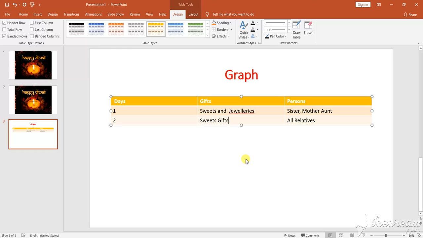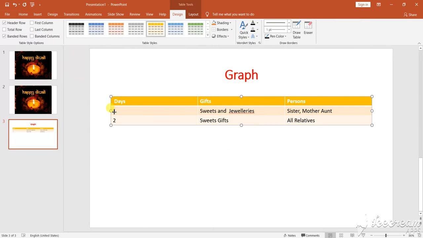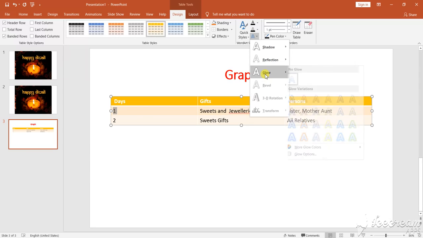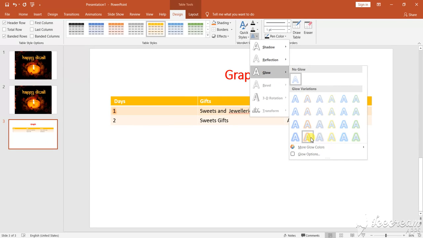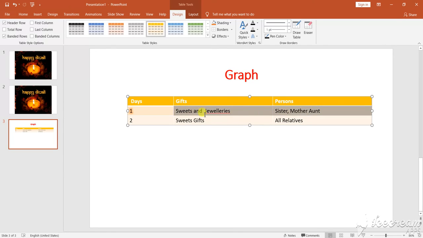Now the thing comes about the coloring. So you can select the particular thing. Suppose you selected this one, you select this, you can give what type of color of the word you want, what pattern of color. So you see a shadow color, all these things. If you want a shadow color, it will become a shadow color. Suppose this complete row I am selecting. You can make it bigger, you can make it smaller, any part.